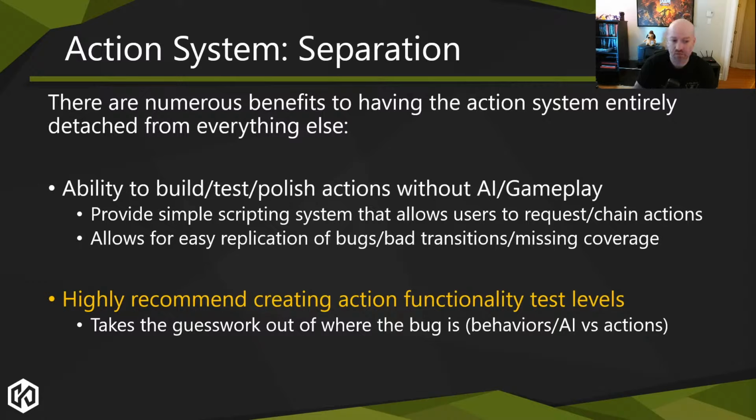But if you separate it out, you can build a test level that just tests the action and have QA run through that every day and say, hey, this thing could go from A to B yesterday. Today, it doesn't reach it. Why? Well, maybe somebody submitted new animations that break something, or somebody changed something and now 2 or 3 of the actions are broken. But now we don't have to waste gameplay QA or AI programmers' time going through behaviors and checking, is it the behavior or is it the action? We know exactly where the problem is.